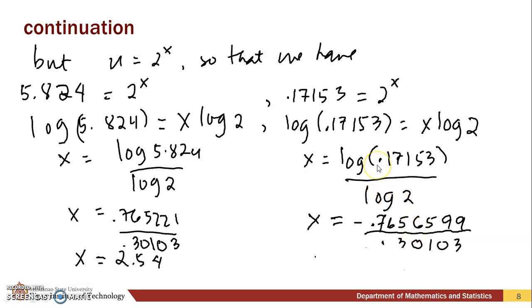The logarithm of 0.17153 on your calculator will give you negative 0.7656599, and the logarithm of 2 again is 0.30103. You can try to verify these values later on with your calculator. So x now is equal to negative 2.54. So the value for the logarithm of 0.17153 is, take note, it's